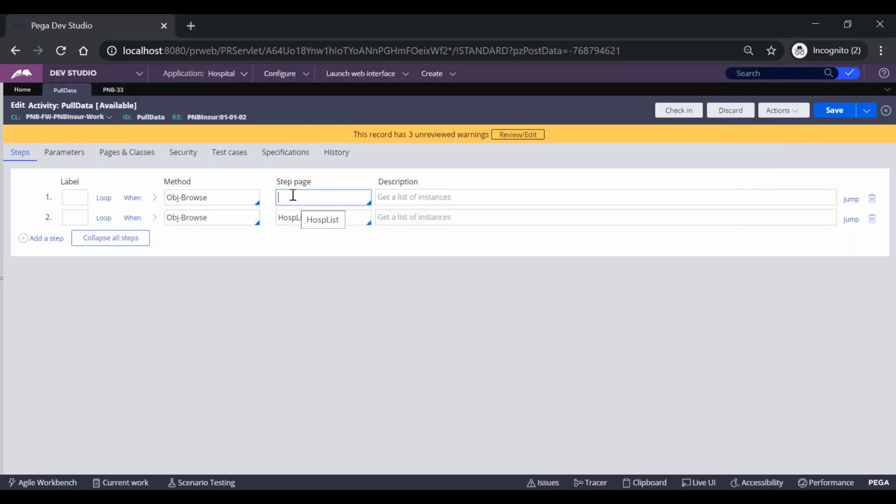If any of the step pages are not defined, then it has to run on the primary page where its activity is being executed. So in that case, the activity will be executed on PY work page, and even for step 1, if the step page is not defined, step 1 should also be executed on the PY work page. In this way, primary pages will be decided based on the execution. If I'm calling this activity in a service, then the primary page will be my service page, and this activity will be executed on my service page, and step 1, where we are not defining any step page, will also execute on that service page.